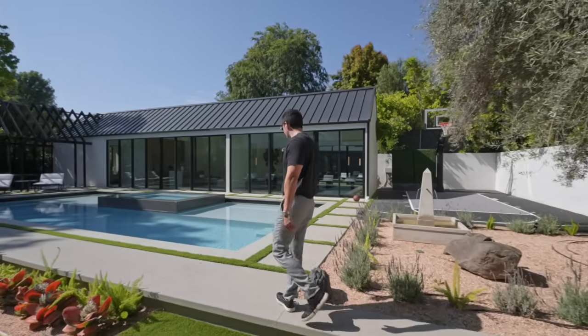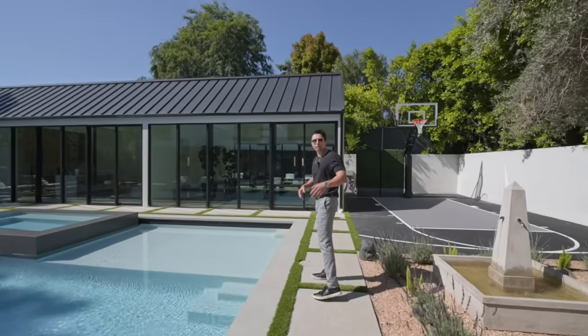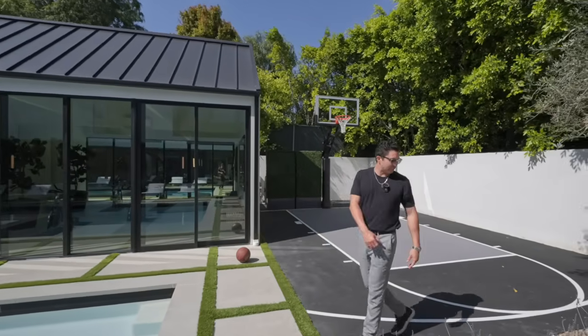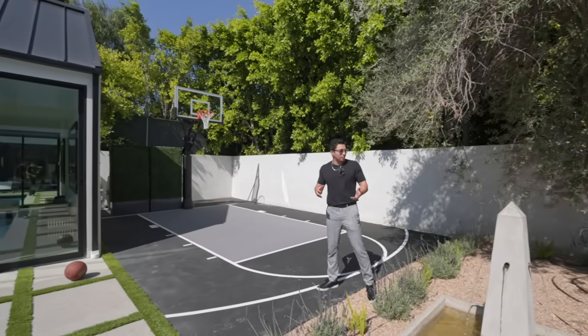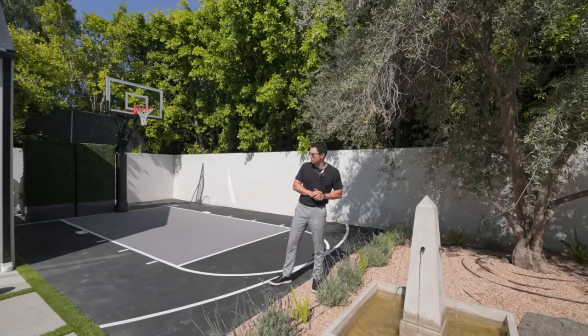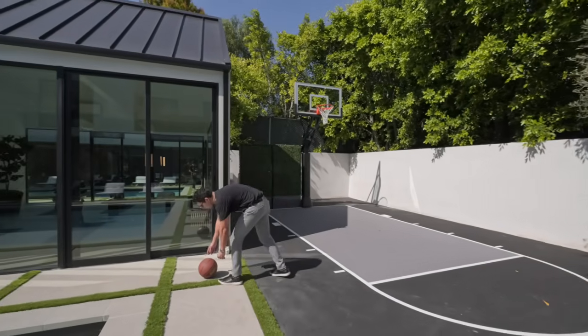You don't have to walk over there right now, so we're gonna do it. Along this pathway that leads you from that fire pit lounge to the basketball court. And honestly, right after you finish hanging out in the Zen garden, you meditate, you listen to the water droplets of the water feature, and then finally, you look up at the hoop, you grab this basketball, and you know,